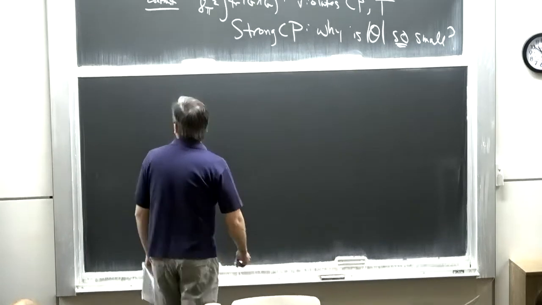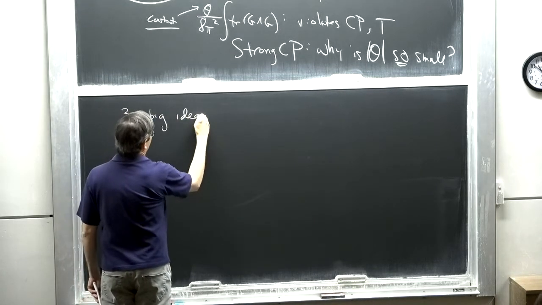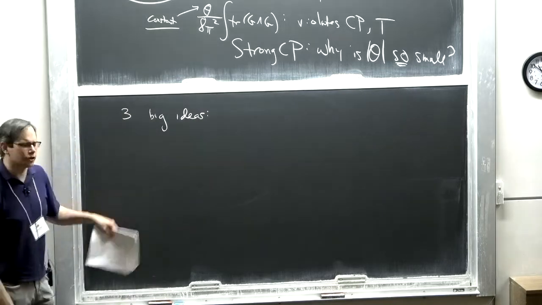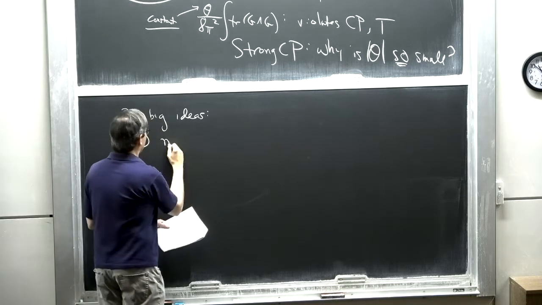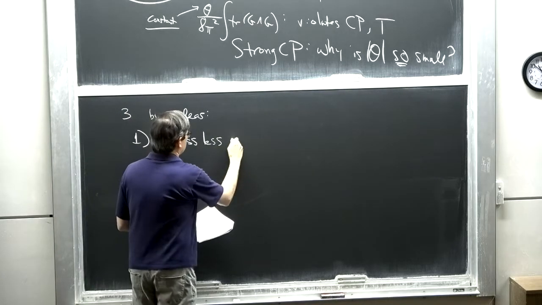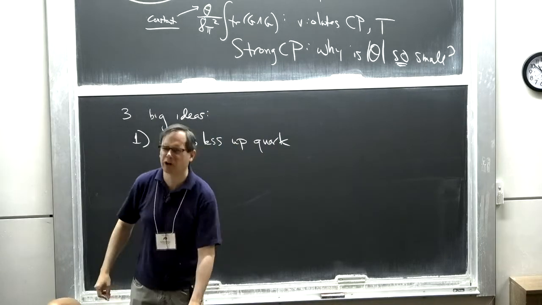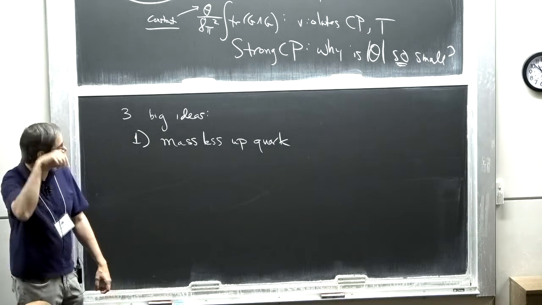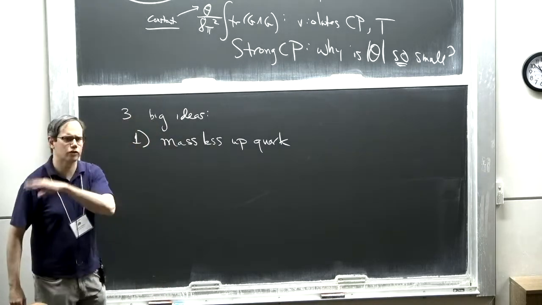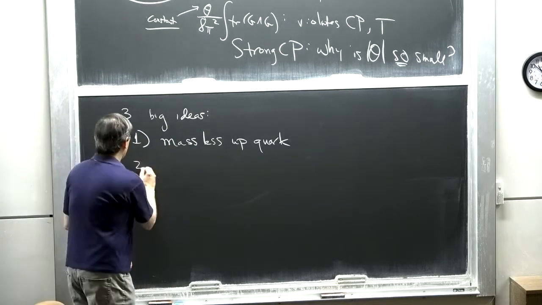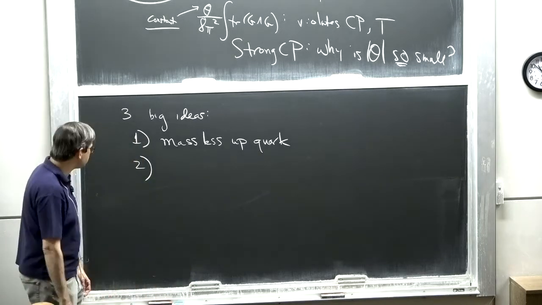And there are basically 3 big ideas people have had about this. There are a lot of papers on the strong CP problem. There might be some ideas that don't quite fall into the categories I'm going to describe, but roughly speaking, there are 3. One is that if the up quark had mass 0, really if any quark had mass 0, but the up quark is the lightest quark we know, so it's the one closest to 0, then this theta term would have no effect. We'll see why along the way later. For now, I'm just asserting that. It will fall out as a byproduct of something I'm going to show you in a minute.